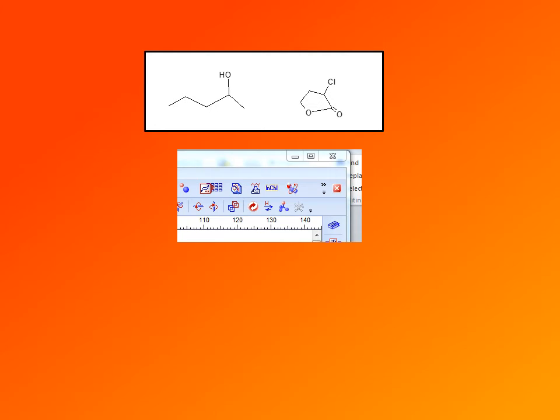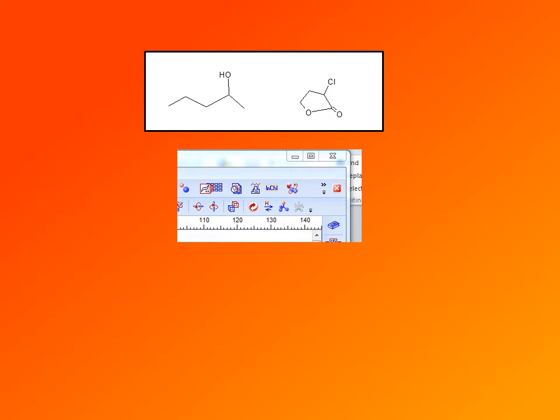So here are a couple of structures I drew using ChemSketch, and you can see that while they are organic compounds, and you can tell which compounds they are, they don't look very good. Angles don't look exactly right, and bond lengths, even though they should be identical, are not. So to convert that to a nicely looking structure, we should use the clean structure